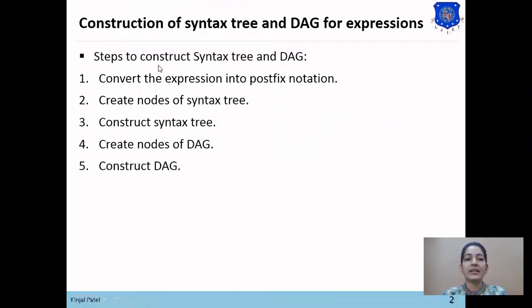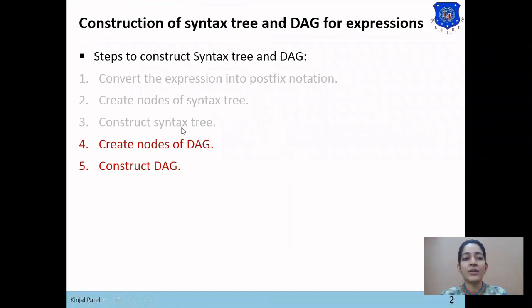So we started the example of construction of syntax tree and DAG in the last lecture, and we performed the first 3 steps: we converted the given expression into postfix notation, created the nodes of the syntax tree, and constructed the syntax tree using those nodes. Now step 4 is to create the nodes of DAG.